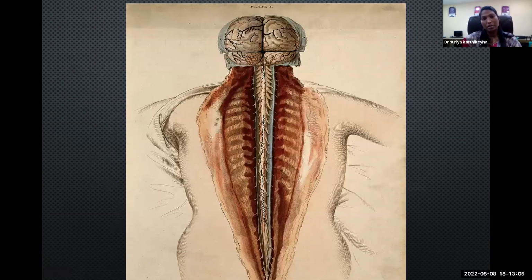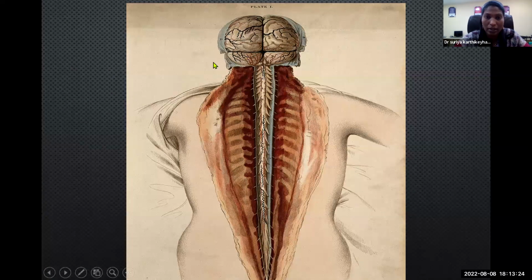Okay, so this is a beautiful picture. This image we are seeing from the posterior view. Here they have made an incision along the midline posteriorly, and they have removed all the cranial cavity, all the meningeal